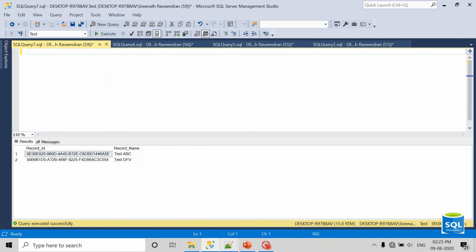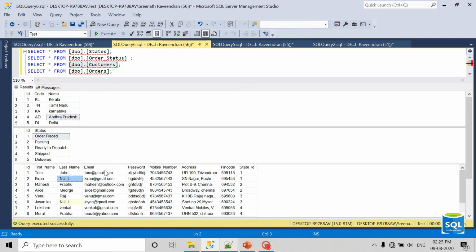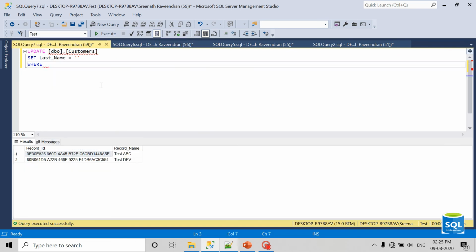For updating a record, we need to specify the update statement syntax, that is UPDATE, then the table name, then the SET statement, then which column we need to update, that is last name equal to. Then in the WHERE clause we need to give which record we need to update. We need to update the second record, so id equal to 2. The WHERE clause should always be used, otherwise it will update all the records in that customer table.